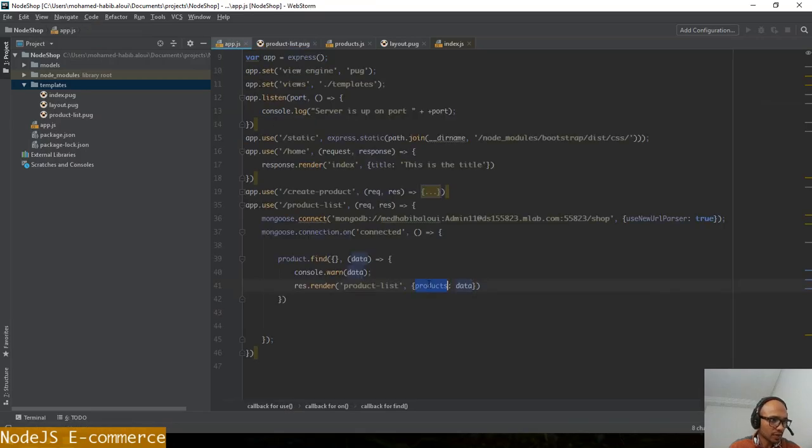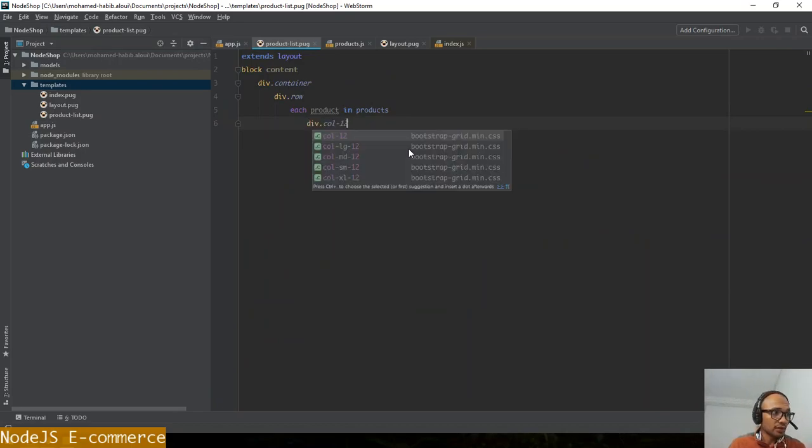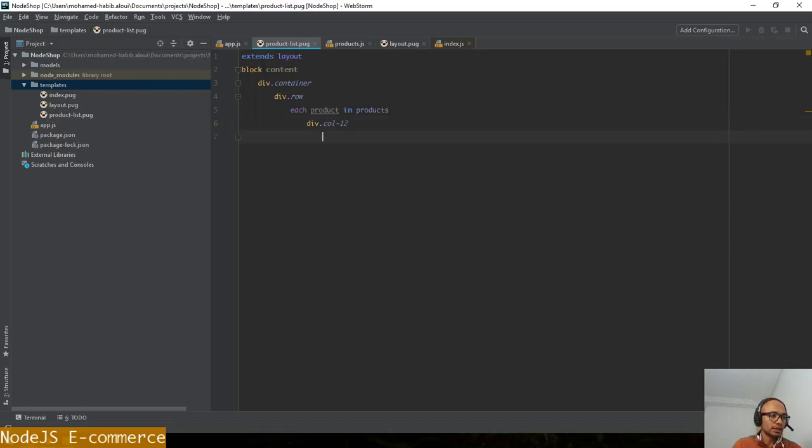Let's just copy the name correctly, products. Then I'll be doing div.col-12, and inside it, oh okay, simply just do this. It will be product dot name or dot title, if I do remember. All right,